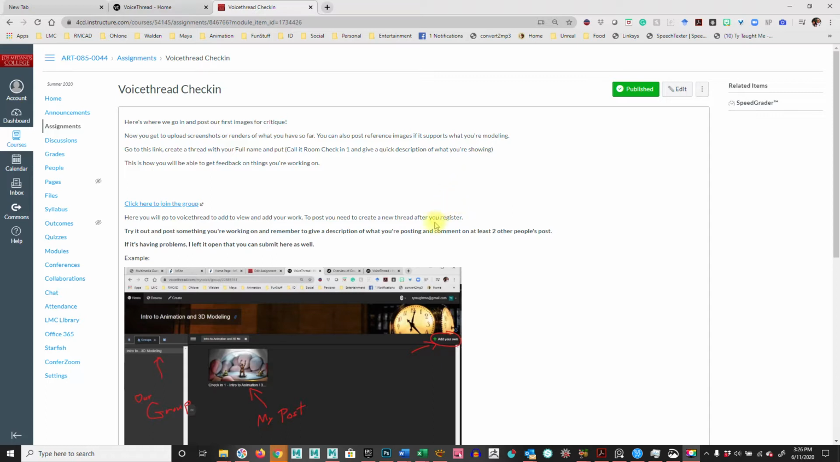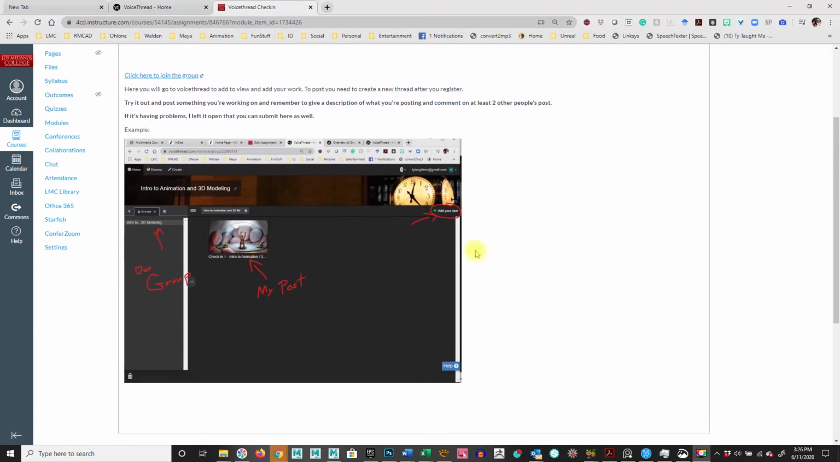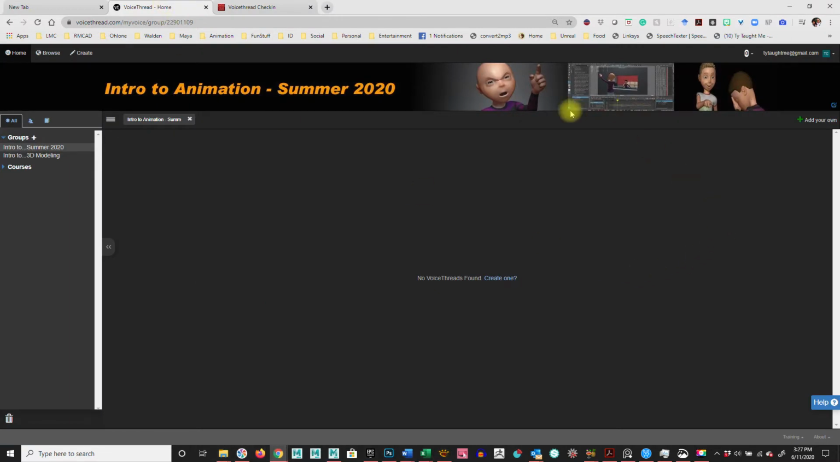So when you get to the first one, and you'll have your VoiceThread check-in and your different turn-ins, basically the first time you do it, you'll click here to create a link. So your group will already be made. I'll change how that's worded later. But you'll click on it and you'll have an interface similar to this. When you go into it, you'll be greeted with a group. And when you pop in, you'll see the group here that you will be a part of,